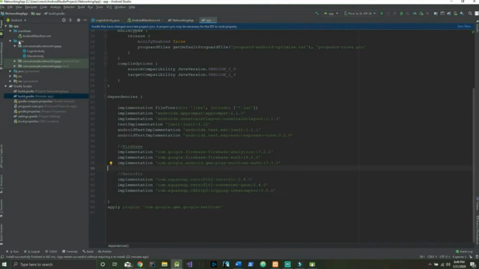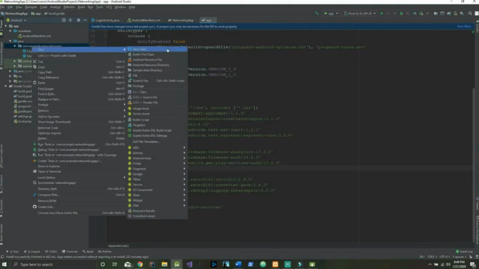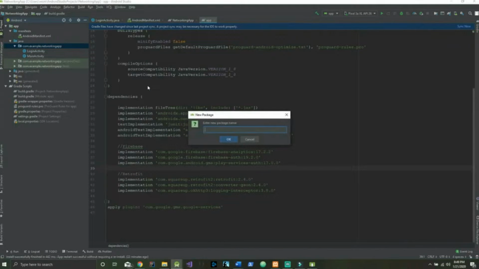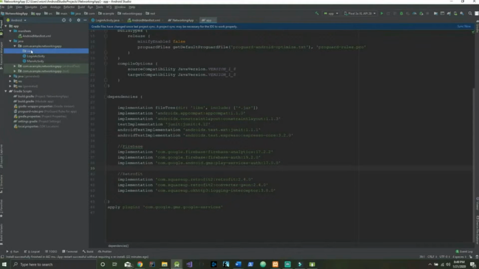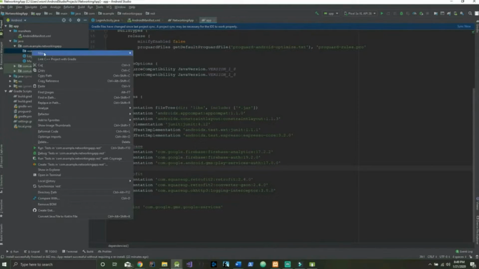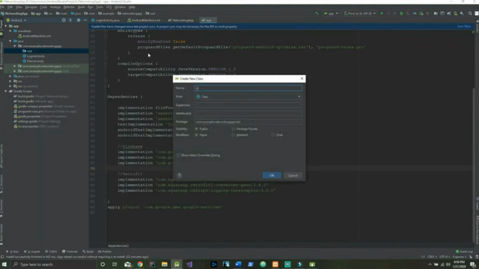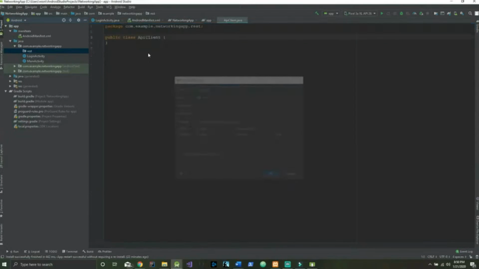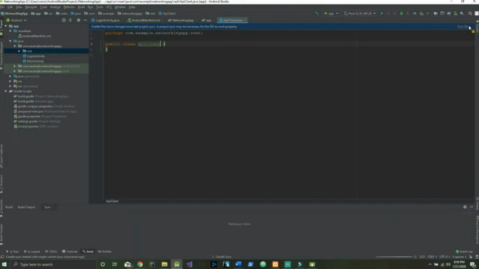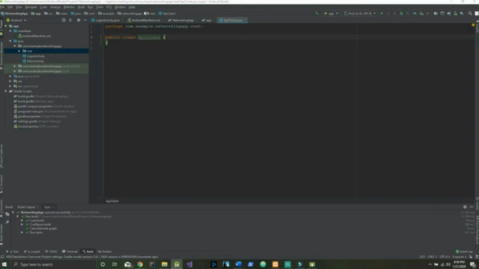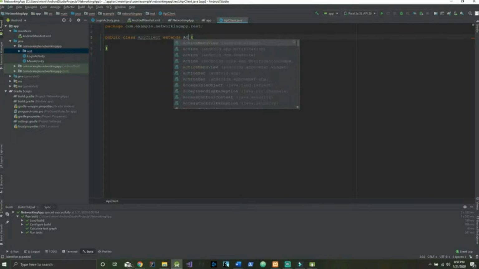And the next thing is to go over to our package, and we're going to say new package, and we're going to call this REST because we are going to be using REST calls. So now inside of here, we're going to create a new Java class called API client. Oh, and don't forget to sync that Gradle file, by the way. So that's going to sync up there. Okay, so inside of our API client, we are going to say extends activity